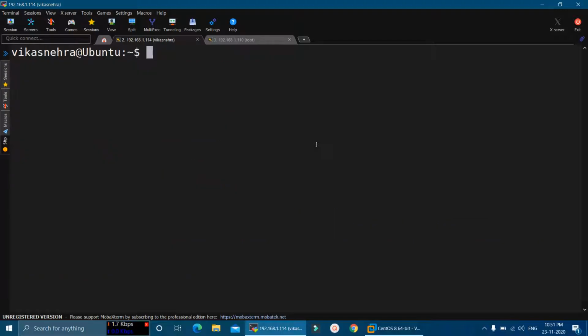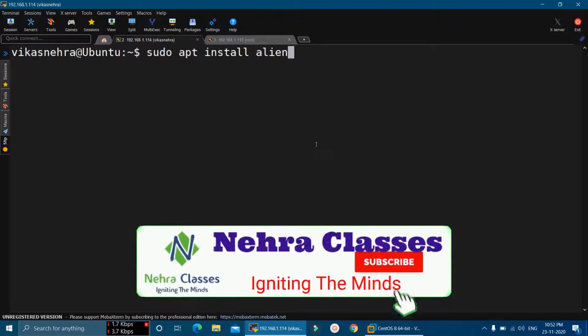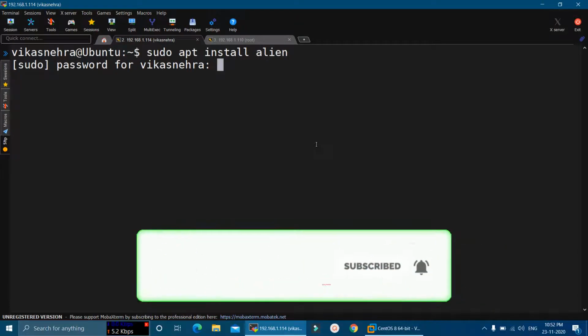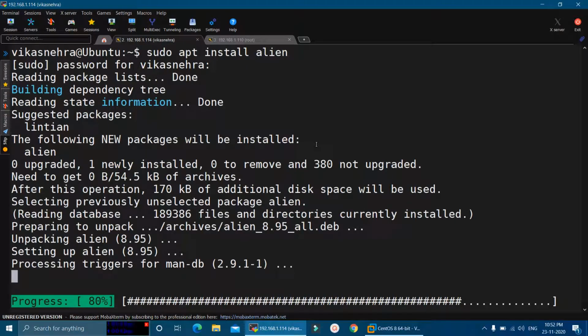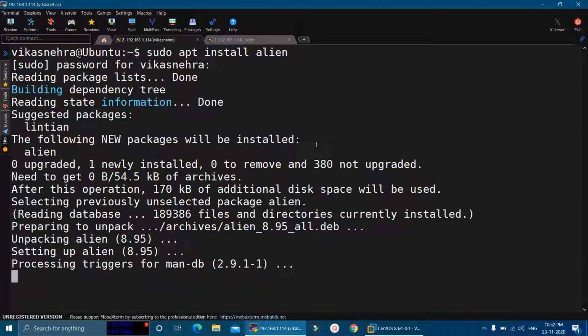and here I will first install the alien utility, or the alien package, that we use to convert .rpm packages into .deb and vice versa. So here we will execute sudo apt install alien. This command will install the required packages to use this utility in our machine. For this purpose we should have an active internet connection in our machine,